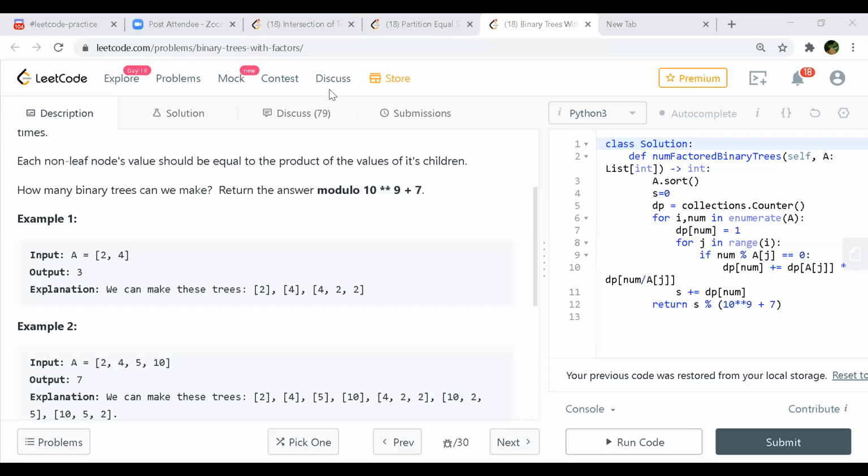Absolutely. Then it would be like, suppose we have 8, 4, 2 and some bigger number, we have so many elements like that which can form a tree. Can't we say that it would be n into n plus 1 by 2, that many number of trees can be formed, right? Then you'll have to establish a relationship first, right? So what we were thinking, if we do a brute force, how do we get that relationship?